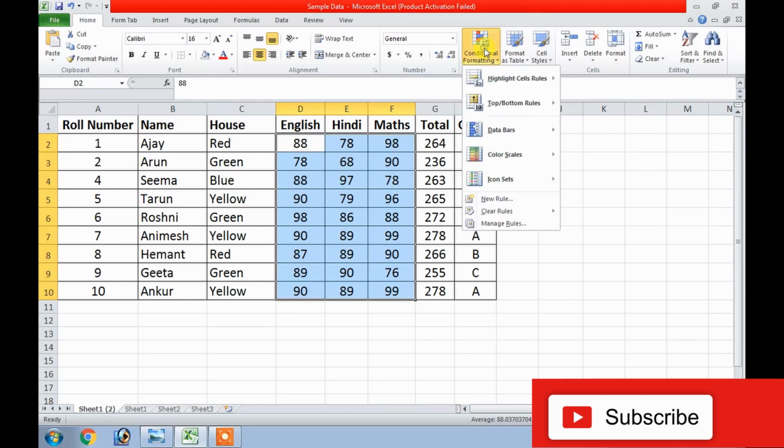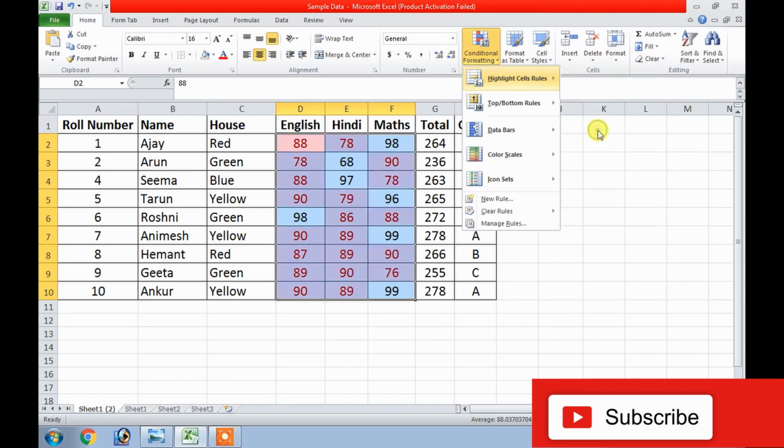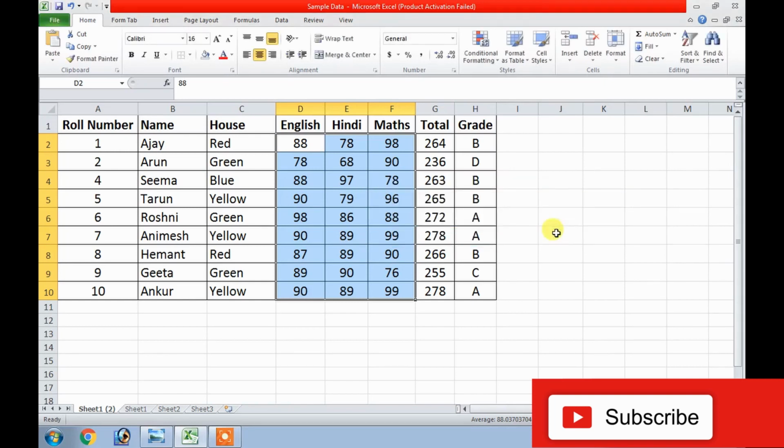Fine. And if I choose any of them, say greater than value, less than value, between, equal, and then for text, for date, for duplicate. So suppose I am taking between, right? Now, if the values are between say 50 and say 60, then I would like to get it as red, but luckily there is no value.